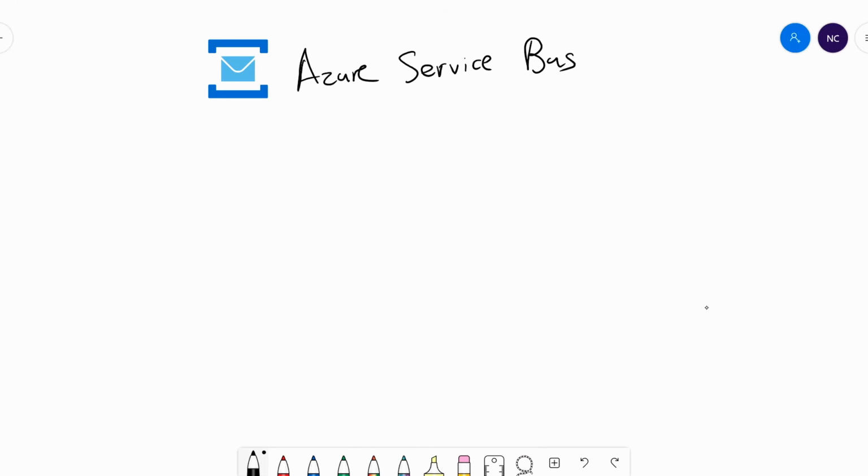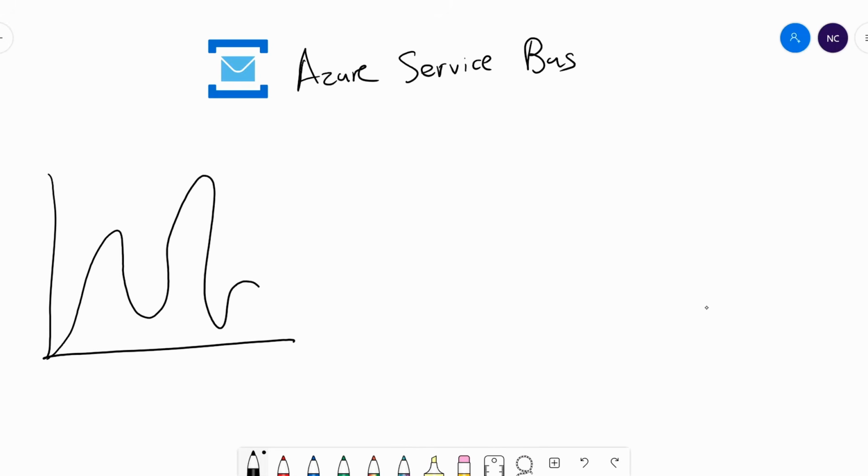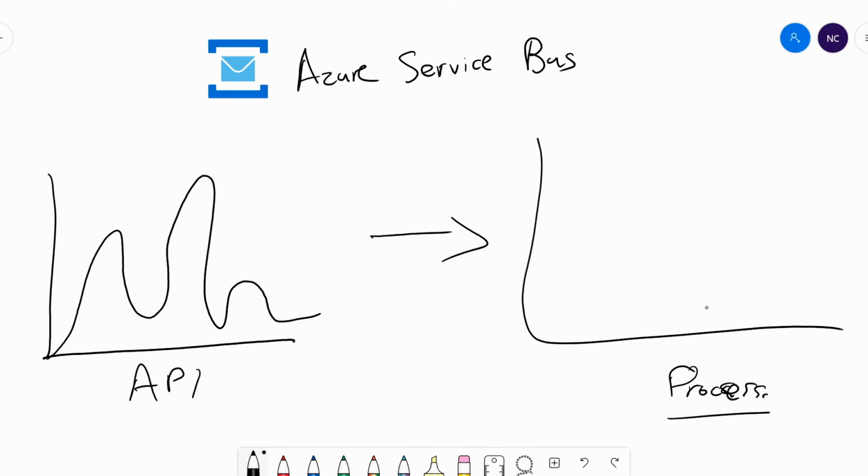Now, staying on that example, let me explain a different thing. You probably understand that we're asynchronously processing something that doesn't need to be processed synchronously, and we're decoupling our applications this way. But let me show you this. Let's say you have this graph here, which shows some variable load, and this would be the load of the orders API. And like I said before, we have the processing. The processing service doesn't have to keep up with that rate.